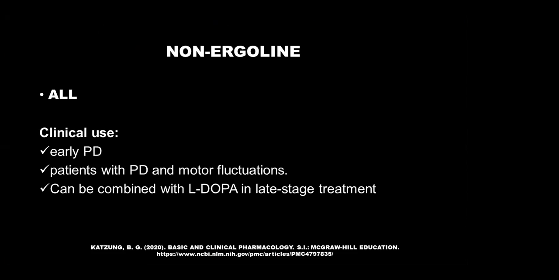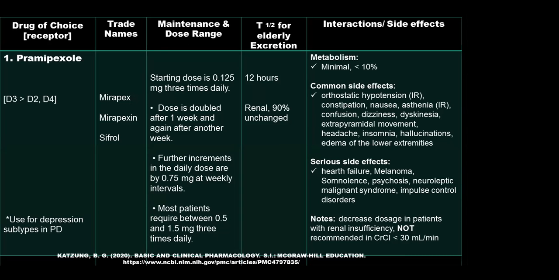So next. The first one under non-ergoline would be pramipexole, which exerts a potent agonistic effect on the D2 family of dopamine receptors with preferential affinity towards the D3 receptors. So it produces beneficial effects in the early stages of PD, which significantly reduce dyskinesia, and it is a valuable option for treating depression associated with bipolar disease, which makes it a good option for those patients who develop psychiatric symptoms of depression while suffering from PD.